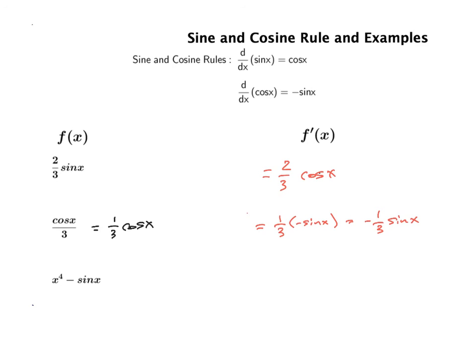All right, in our final example, we can go straight to the derivative. The derivative of x to the 4th, 4x to the 3rd, power rule, and then minus the derivative of sine x, which is cosine